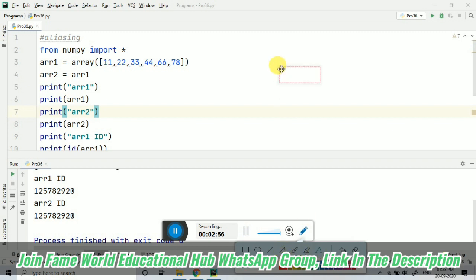Suppose a equals to 10 I am having, b equals to a I was doing this. I have already told this in the very starting lectures. I'm just giving you a recap, an overview of that. So what was happening, when we were printing the id of a, and the id of b, and we were also printing the id of 10. The id of all three were the same. This was happening just because, suppose this is the id, suppose this is the id of 10.